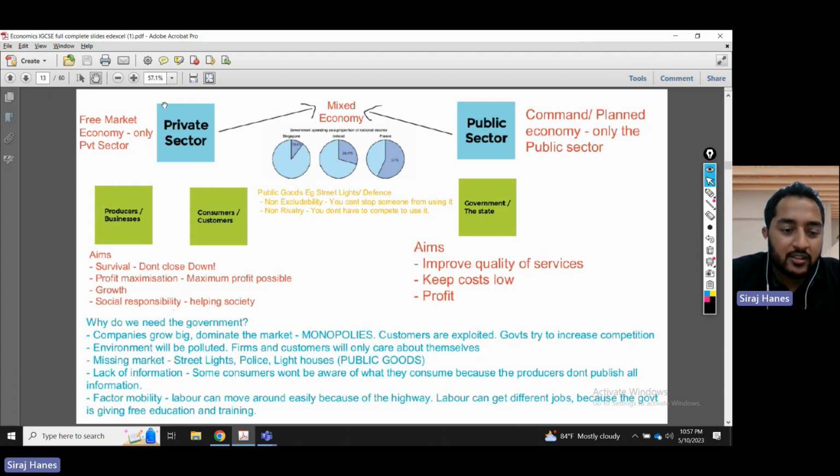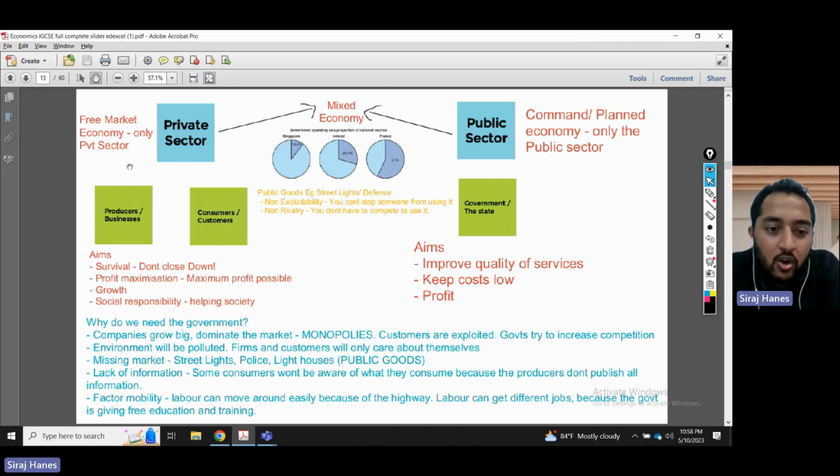But if you take a country that's only run by firms and consumers, there's minimal government intervention. There's very few things that the government is doing. That's called a free market economy. Only the private sector, mostly the private sector. The closest example I can give to you is the country of Hong Kong. Hong Kong has only 10% government intervention. The rest of the country is run by the private sector. This is the closest example I can give you to the free market economy, which is run by the private sector.